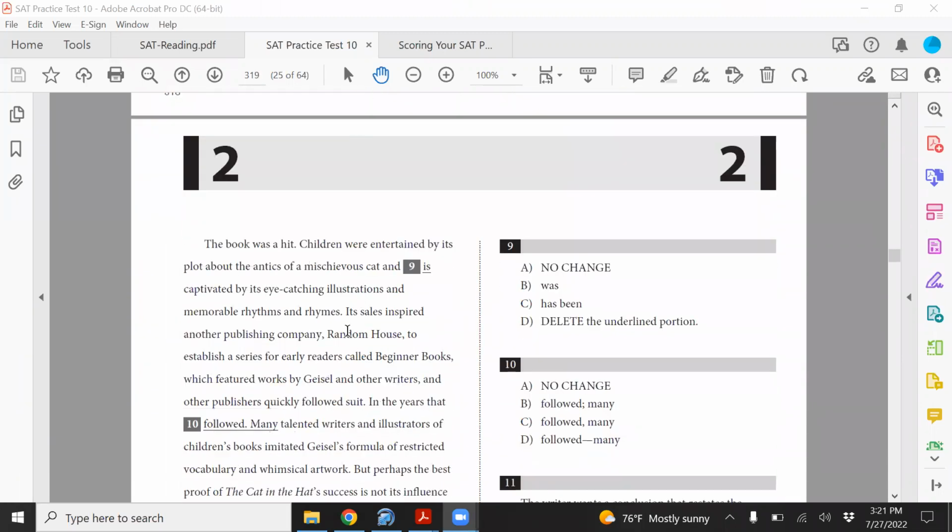Of course, Dr. Seuss was with his books. The book was a hit. Children were entertained by its plot about the antics of a mischievous cat and captivated by its eye cat. Should be past tense. And children were entertained by its plot about the antics of a cat and captivated by its